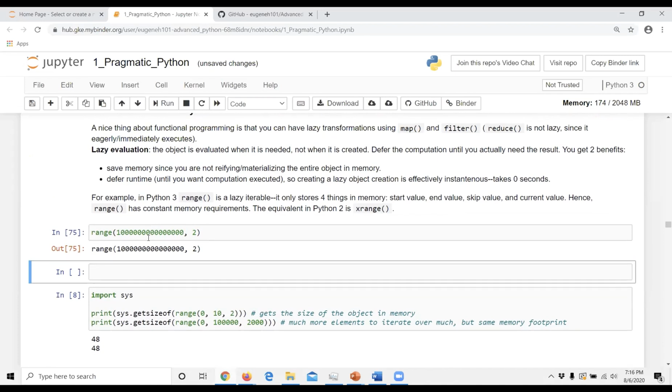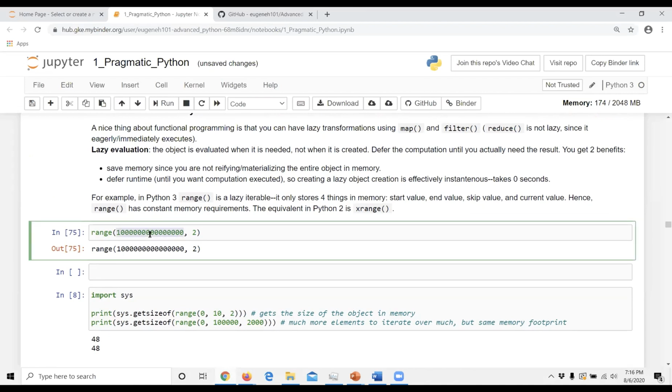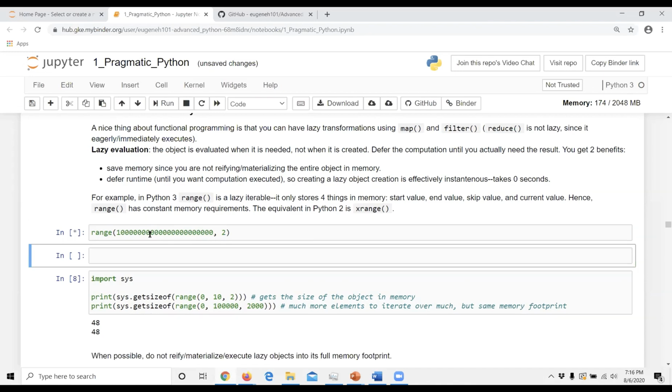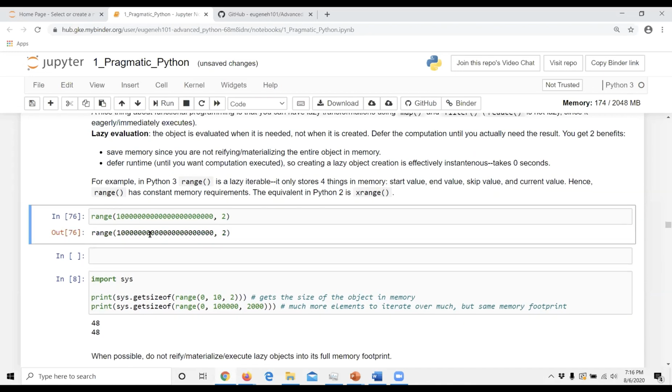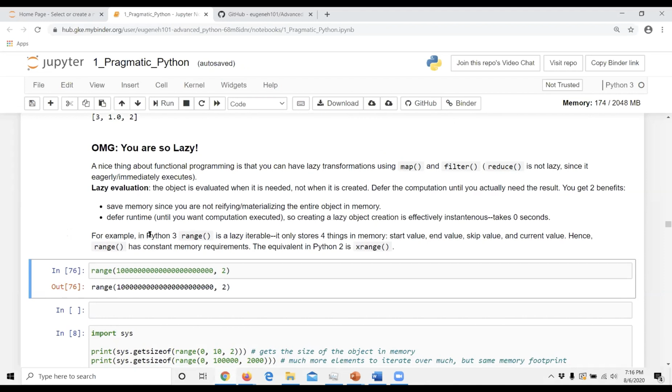Python 2 does not have the range object. Python 2 actually generates a list, so it takes a lot of memory. Like this line of code in Python 2 would fail because it would just require too much memory, and it would also take too long to ever compute. It's impossible because a range of a trillion or quadrillion would just take up too much time in Python 2. But in Python 3, you can do this with constant memory.